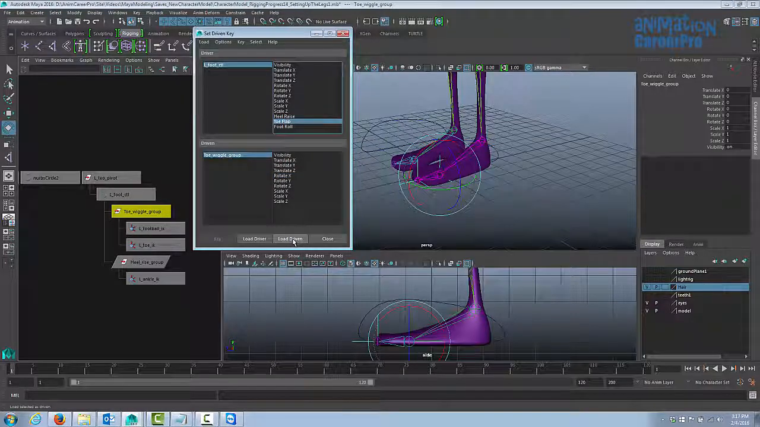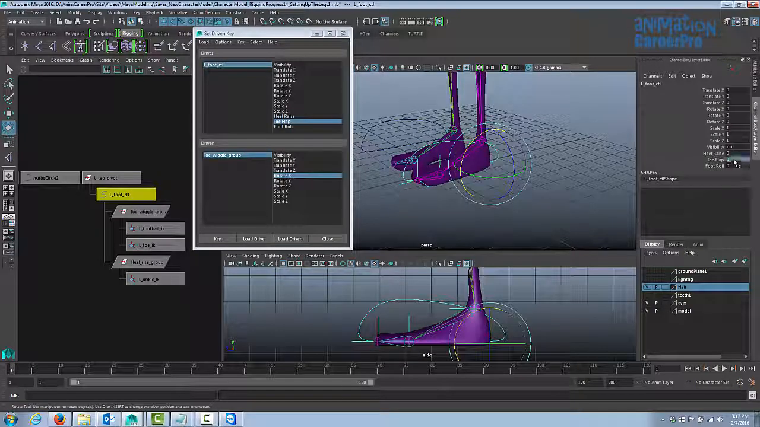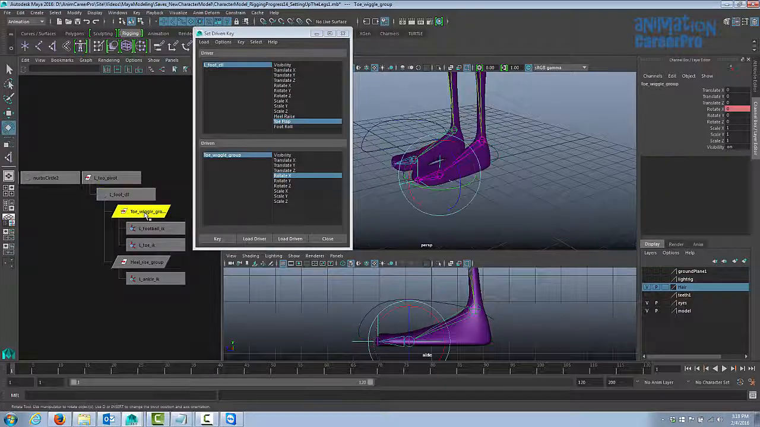And that's also going to be the rotate X. So as soon as you select that, you can see that we can key it. So we'll key it, and it's going to be keyed at 0. We'll go back to our foot control, and let's set this to 10. Our toe flap, and then we actually have to flap the toe, so let's go to our toe wiggle,